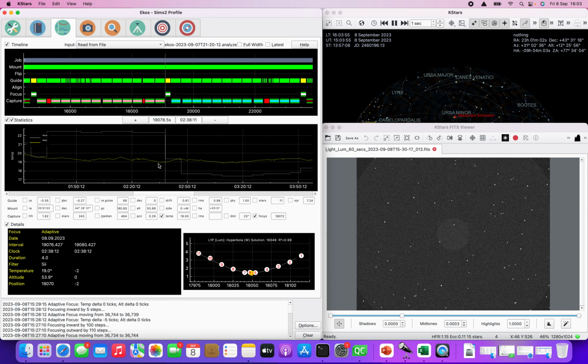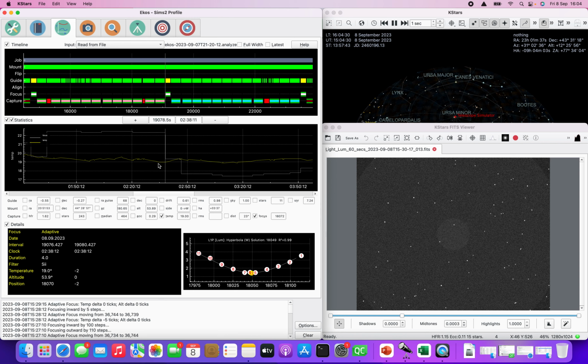So for example, if we started off solving at 100, and as temperature moved down, we went down to around 90. If you solve again on the same filter, what you'd like to see is the autofocus solution being around 90, because that then gives you confidence that the adaptive focus is set up correctly and it's doing what you would expect it to do. And it's quite useful to look at this stuff because it gives you some confidence that